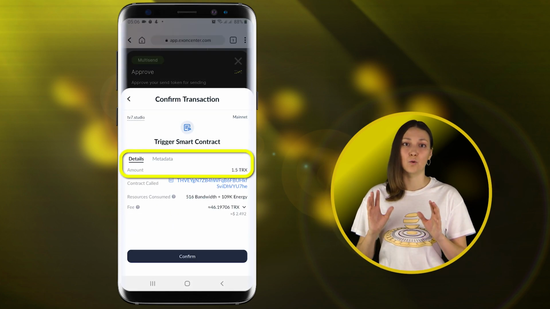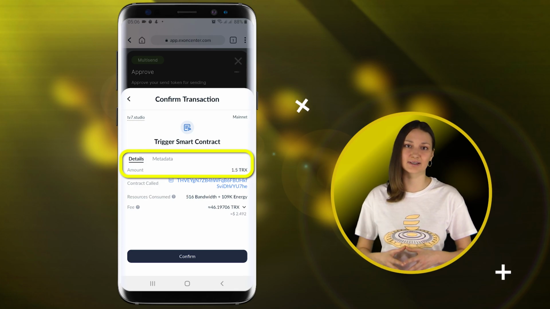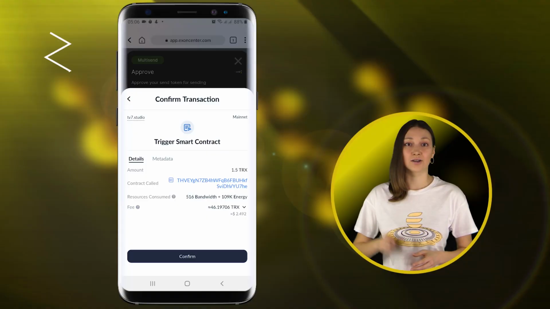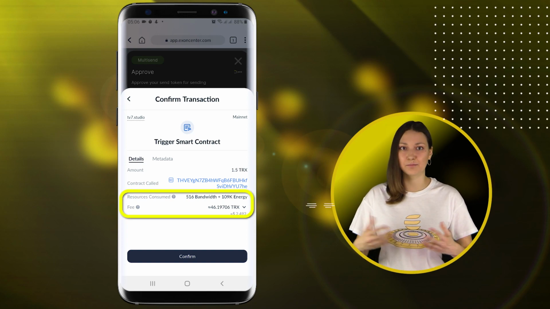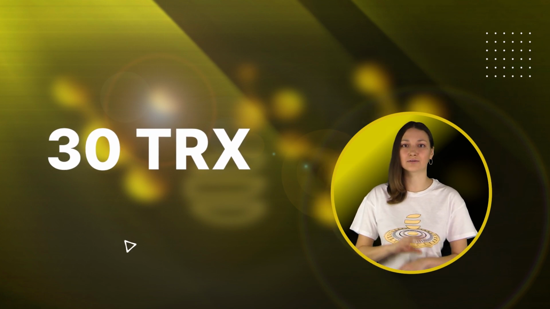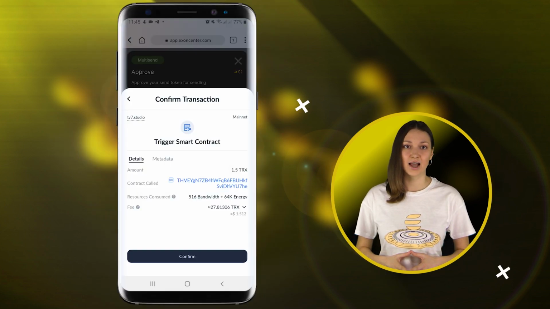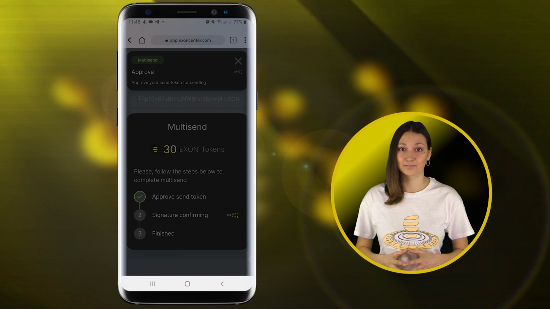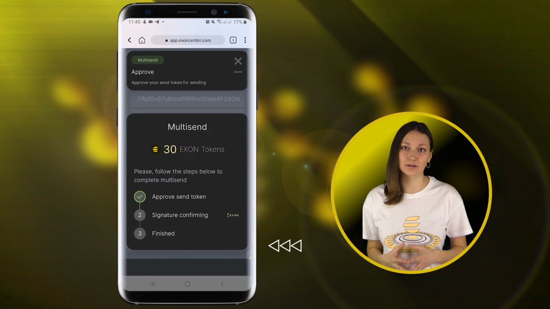Then I confirm the 1.5 TRX transfer fee transaction to trigger the Multisend smart contract. Don't forget to pay attention to the network commission, since this amount will be debited from your wallet balance. At the moment, you will need about 30 TRX to pay for the network commission. However, this amount may change in the future. I click on Confirm button, enter the wallet password again, and press Confirm once again.